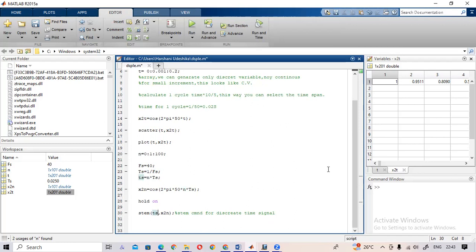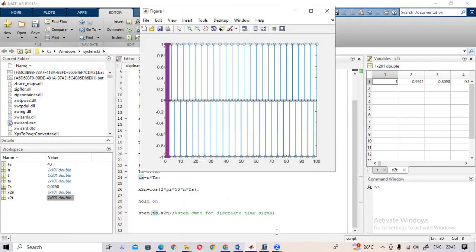If I use just 1, 2, 3 like that, it will not match with the time. So you have to match with the time and plot the same graph in the time domain. So this is the sample number and this will be the corresponding sample time. So if I run this, you can see now we have